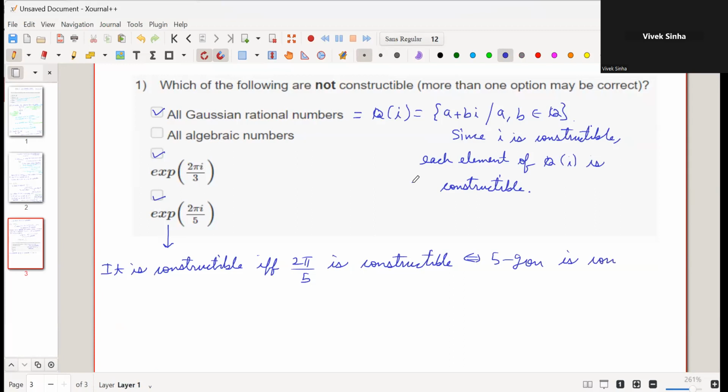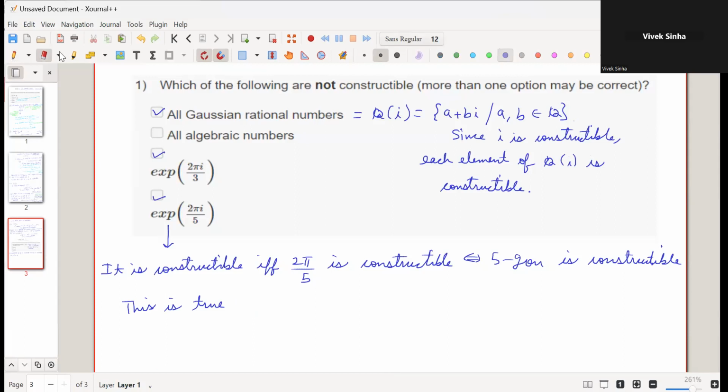So we have already seen that, and this is true by what theorem? Last time we read one theorem, right? Any n-gon is constructible if n is of the form,